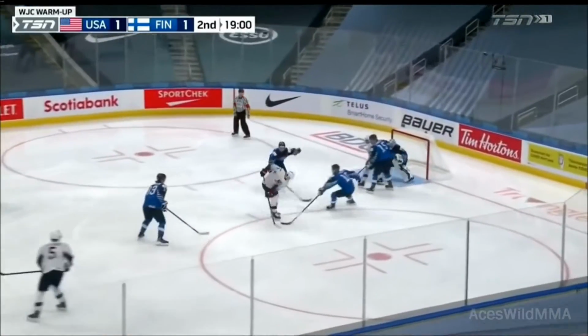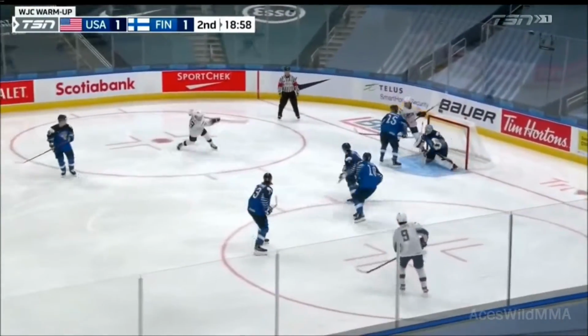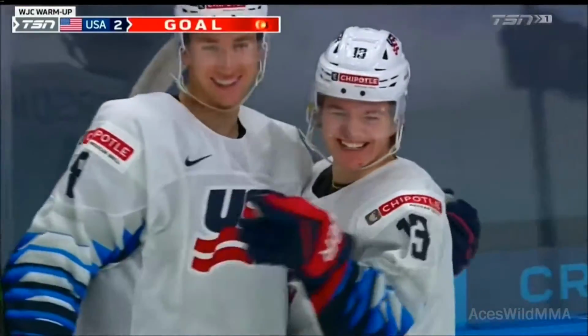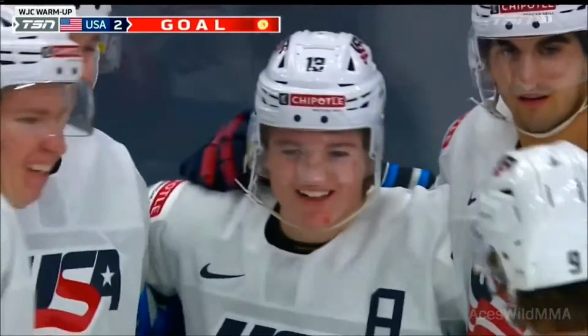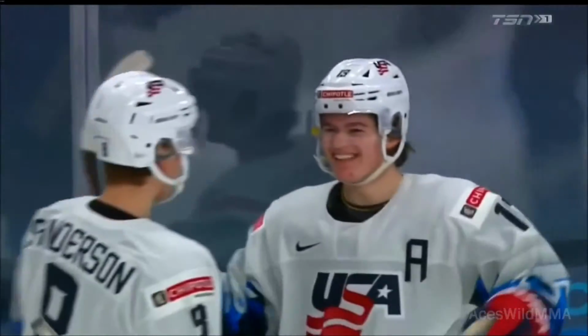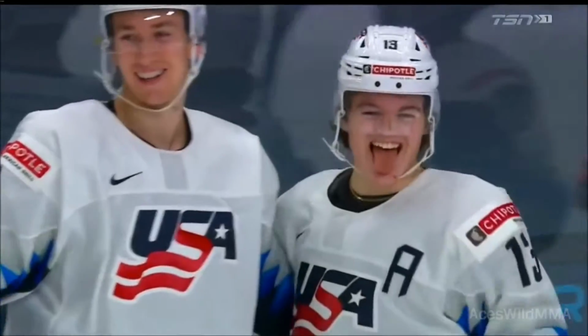McComb, centering pass, Zegras with it. Zegras feeds it across, Caulfield scores! Cole Caulfield rockets it home, and 1 minute and 4 seconds into the second. Towards the blue line, and while Zegras is controlling the puck, Caulfield works from the right all the way over to the left. He creates the pass lane by finding the open spot, and Zegras puts it on the tape,